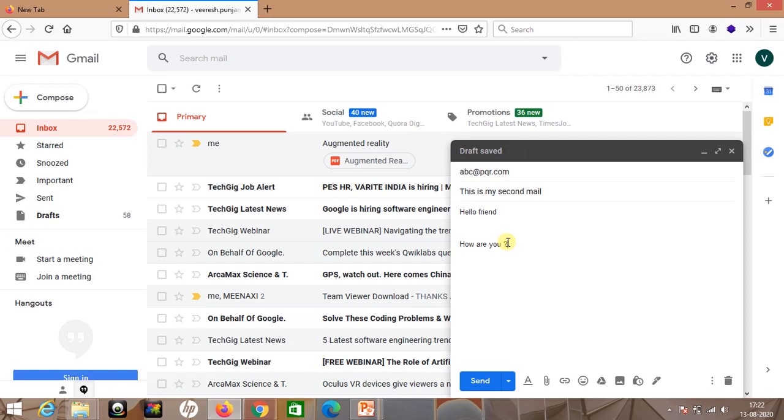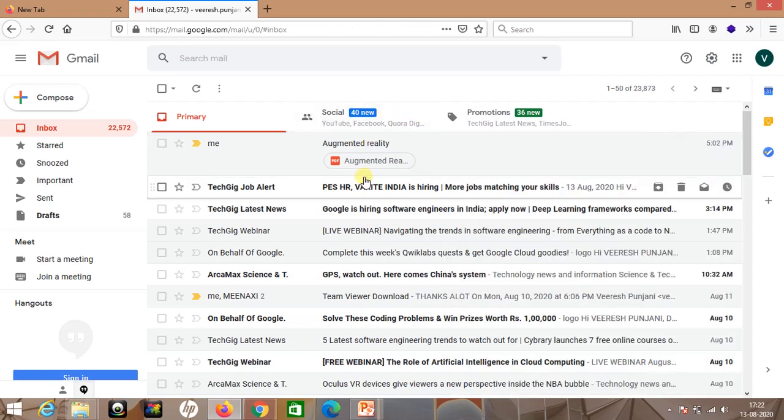So now अभी जो हमने short नाम का signature बनाया है वो हम यहाँ पे use में लेंगे. So you can see the icon here, insert signature. जैसे ये you can see here the short is provided. As soon as I click on this short, the whole thing of the signature appears here. So in this way we are going to use the signature option.